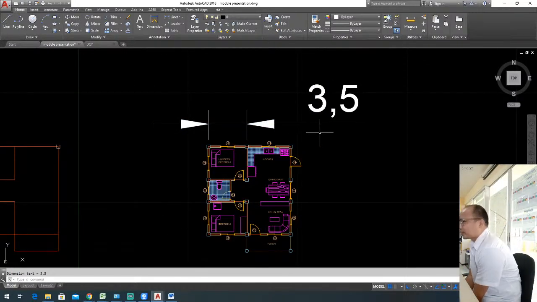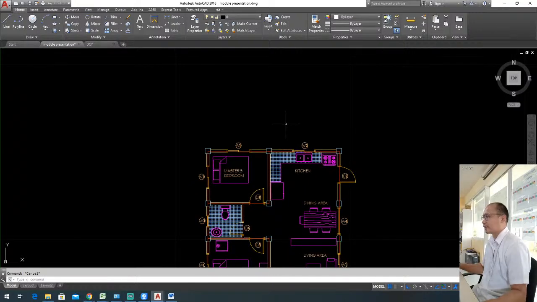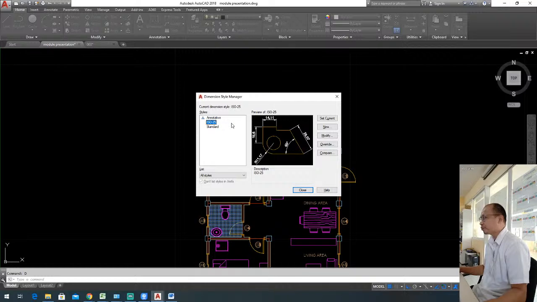You see that size of the dimension right there? I'm going to have another section explaining why this happened, but in this part we are just going to go through how we are going to modify this one. So I'm going to press D, enter, and then there are three